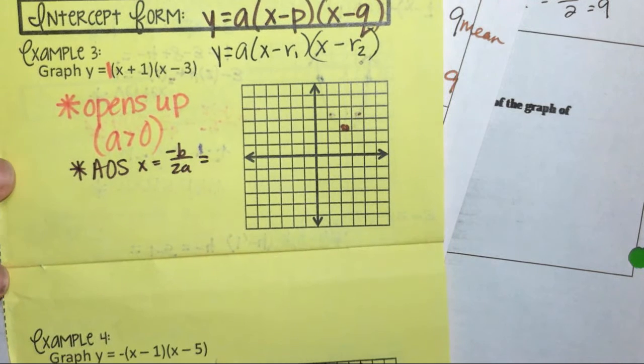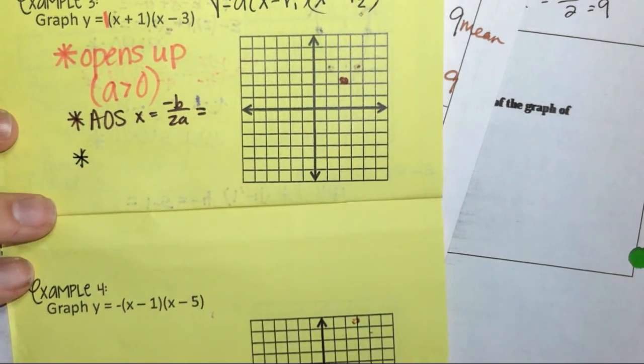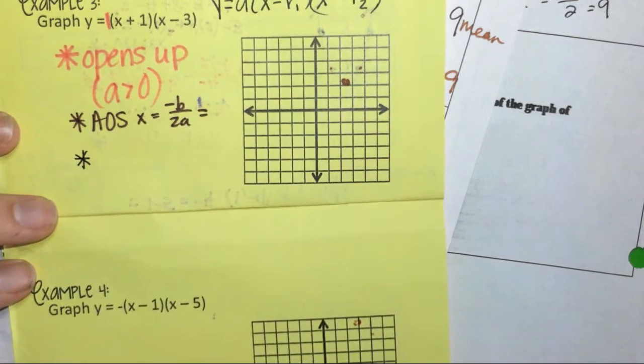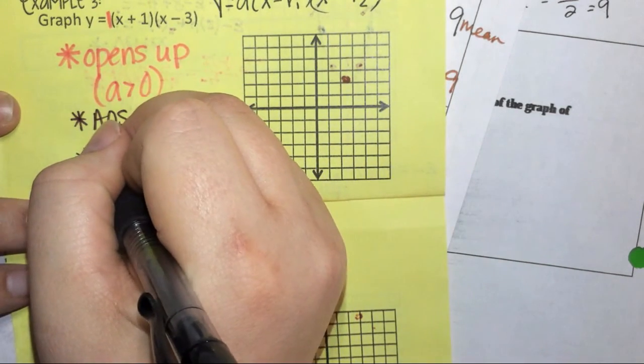So while I said we were going to axis of symmetry, we're going to come back to it in just a second. So I think intercept form is easier to graph. Is it easier to spot that axis of symmetry? No, because it's not the easy A, B, C thing. Okay, so we're going to come back to that. And then let's go on to our last thing, which is the zeros. Could we get the vertex from intercept form? Yeah, we'll talk about that in a second. But what we're going to focus on are the intercepts,